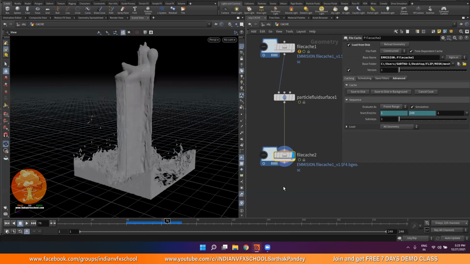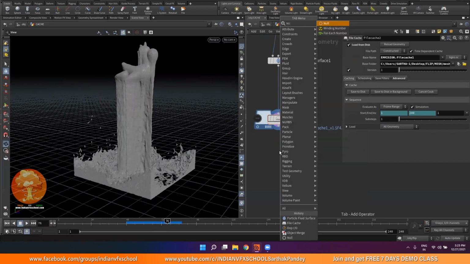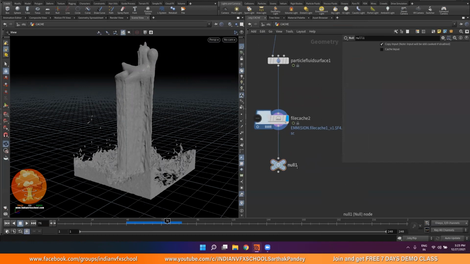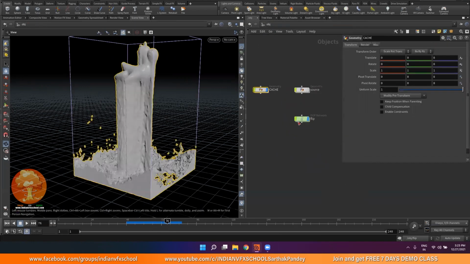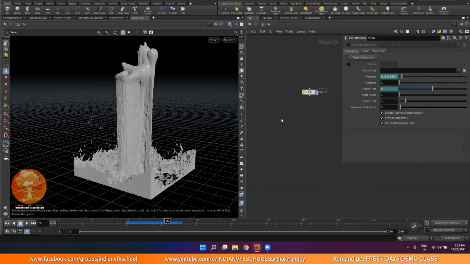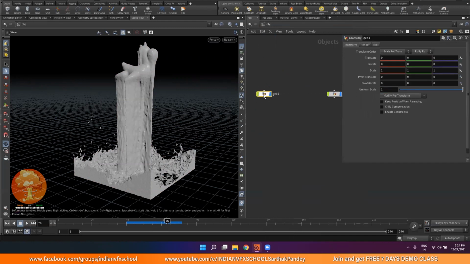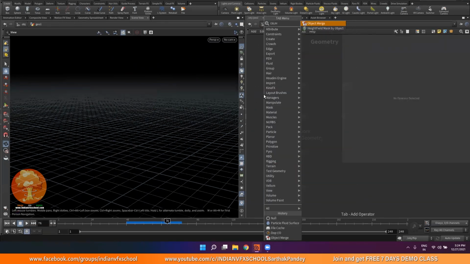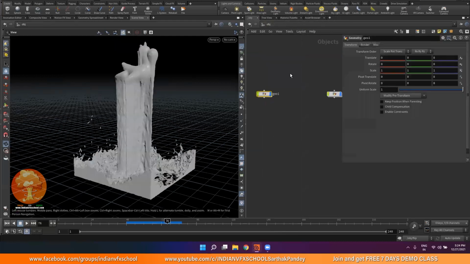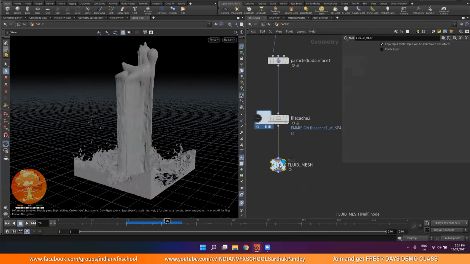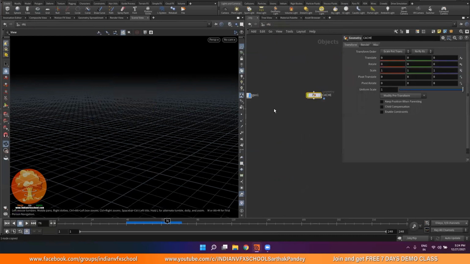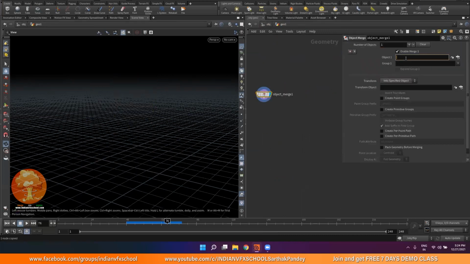Okay. So now it's time to render it out. First of all, I will just add a null and call it my fluid mesh. So we can just render this level itself, but to render it, I just want to keep everything clean. You can see here the source was done, here the caching is done, here the simulation is done, and now when I want to render it, again I can just make a new folder. This will keep everything really organized, and I will use an object merge. I will just copy this, Control C, and paste it over here, in the object tabs.